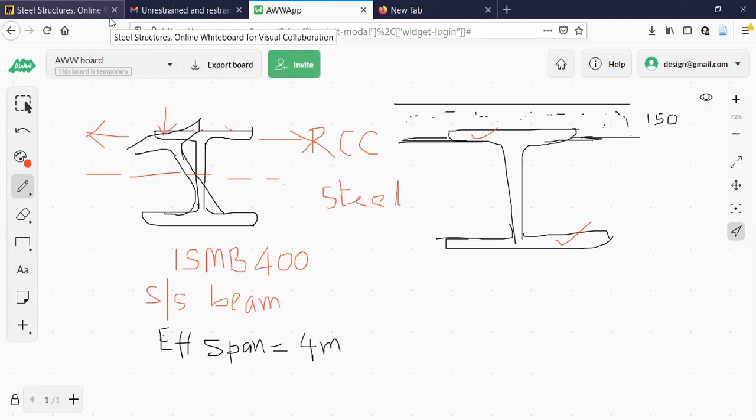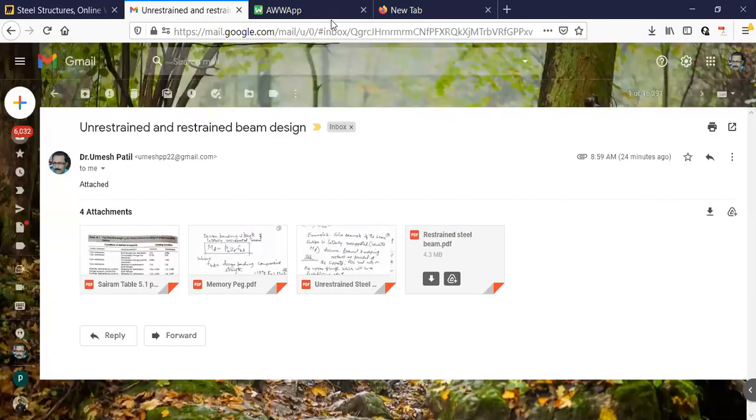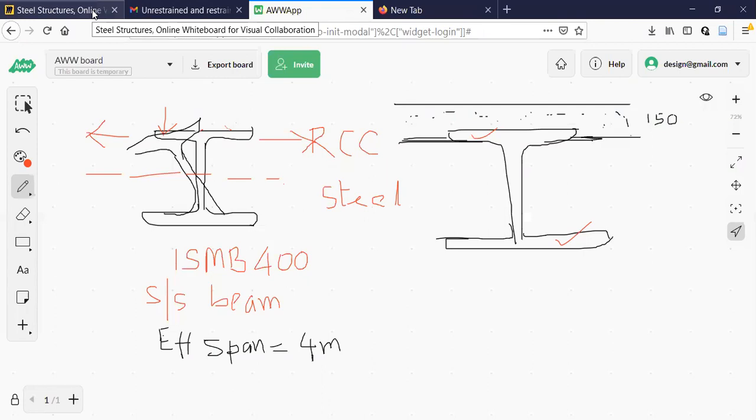I'll share some material; I have already given you how lateral torsional buckling is experimentally evaluated in the lab. That is a 2 or 3 minute clip. You see that one, then you start worrying about all those things. Here the basic focus is how to solve a problem given in the question paper using the code book. Then you follow it up with the intricate details of what lateral torsional buckling means. So here I'll show you.